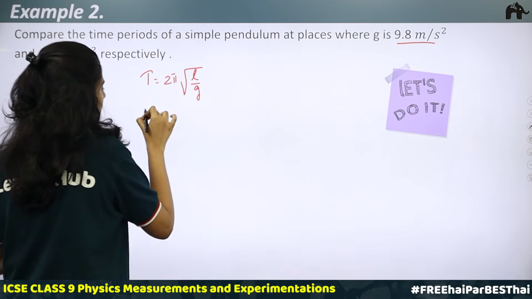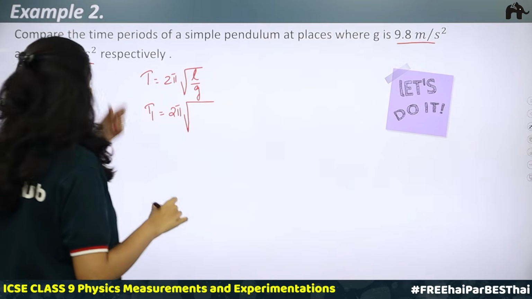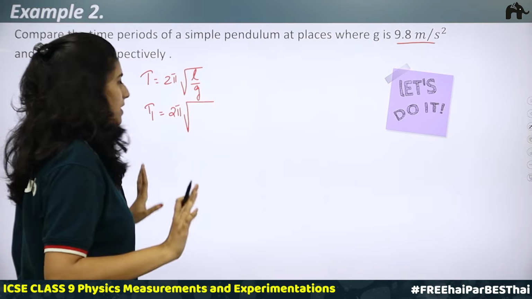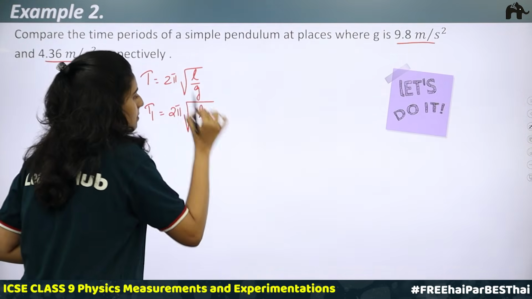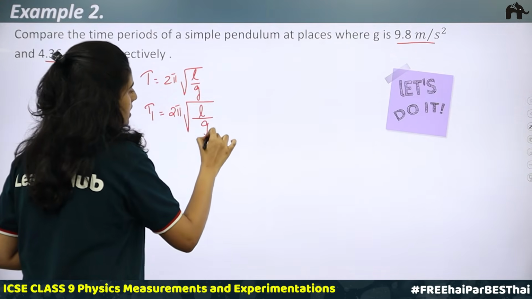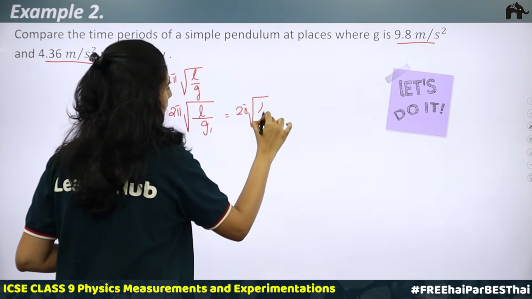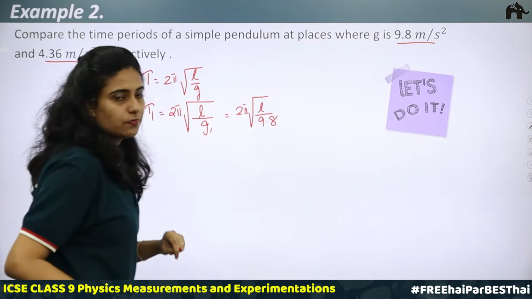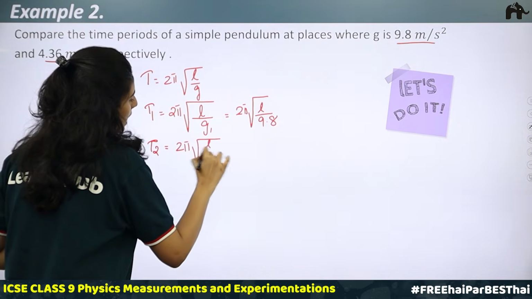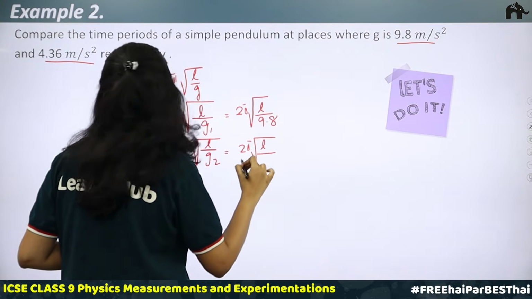So first time period T1 we are calculating. T1 will be equal to 2 pi root of L divided by G1, given that we are to compare the time periods of a simple pendulum. Same simple pendulum we are using, therefore length of pendulum will be same. Here G1 is equal to 9.8 meter per second square, so 2 pi root of L by 9.8. Okay, what about T2? T2 is equal to 2 pi root of L by G2,